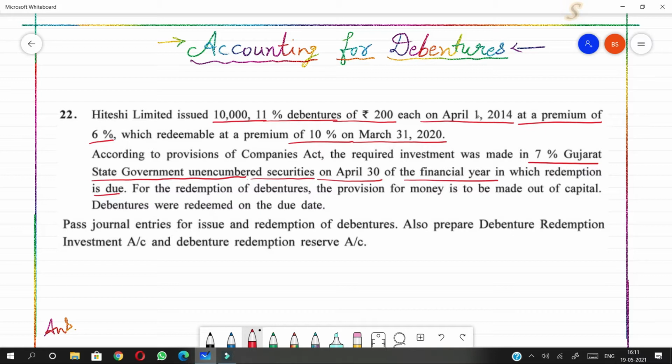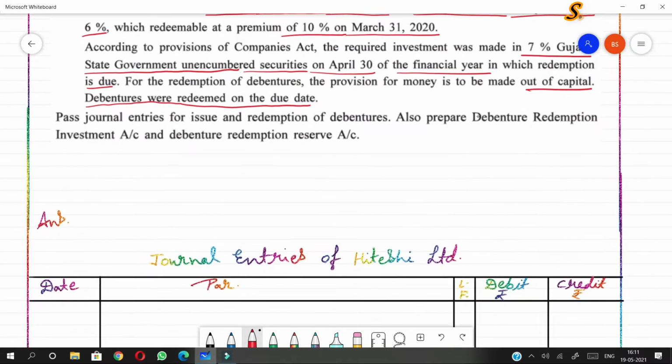For the redemption of debentures, the provision for money is to be made out of capital. Debentures were redeemed on the due date. Pass general entries for issue and redemption of debentures. Also prepare debenture redemption investment account and debenture redemption reserve account. Let's start. First entry,